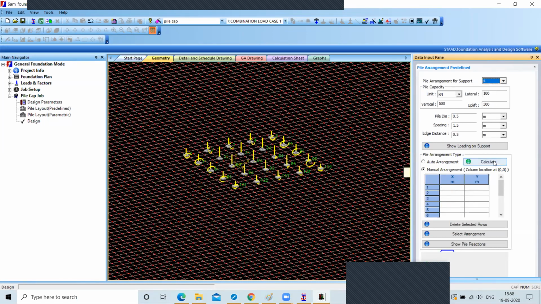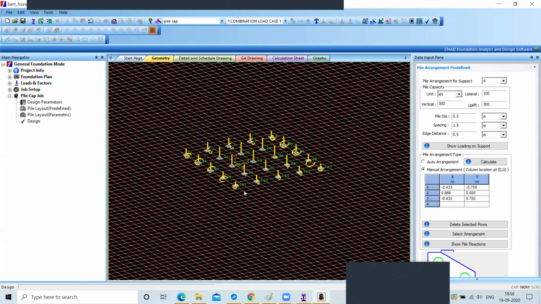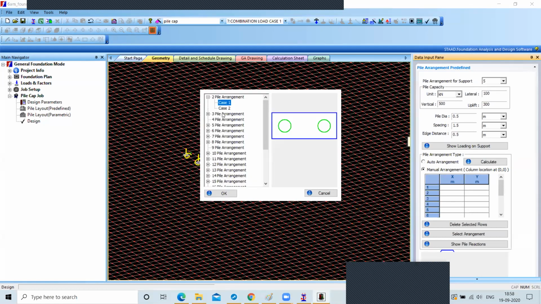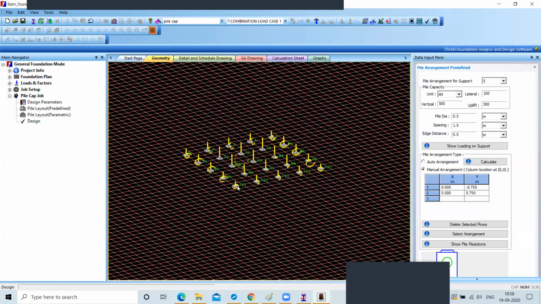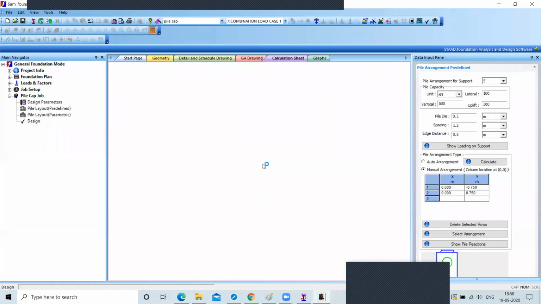Generate for 4. Calculate. 3 pile arrangement case 2. Choose 5 arrangement and choose case number 2, and click on design and yes.